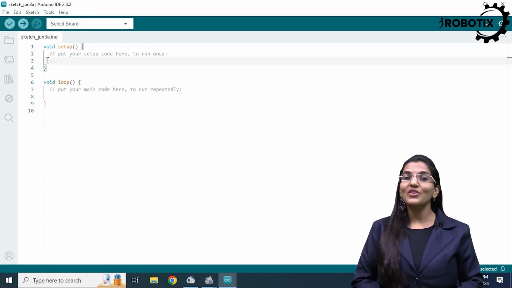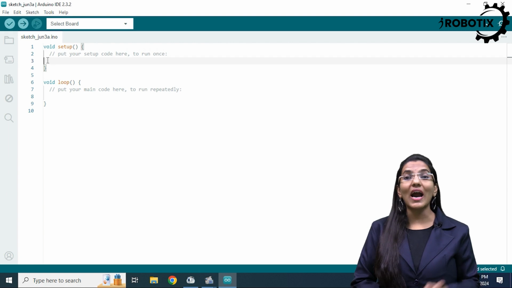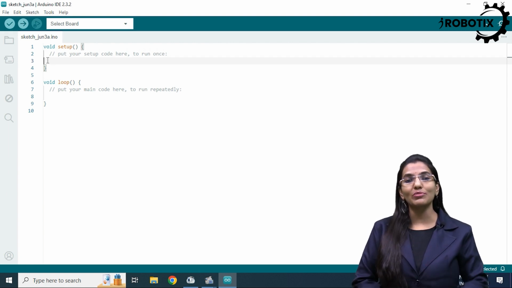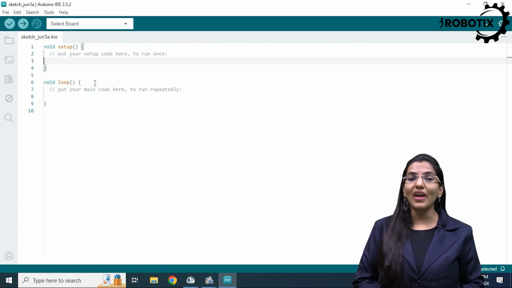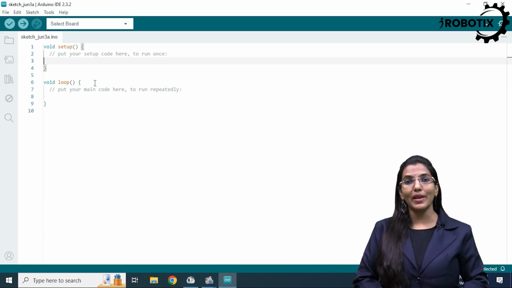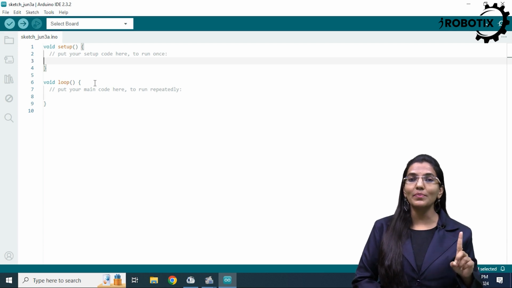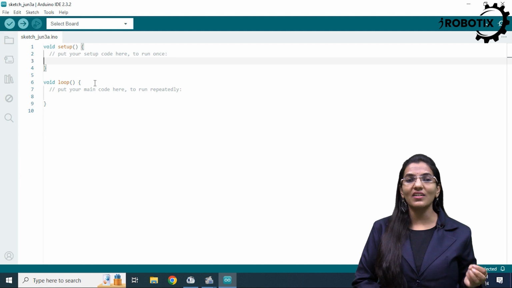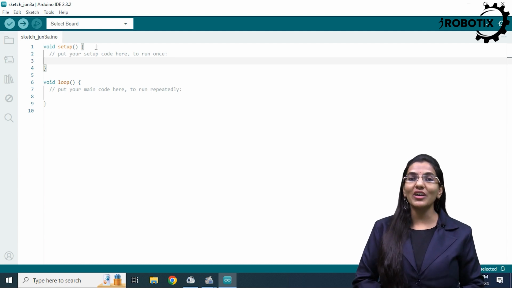So students, when you start your Arduino IDE, you will directly get a new empty program, as you can see here. In fact, the program is not really empty. It already contains two functions. What are they? Yes, void setup and void loop. If you don't know what functions are, don't worry. I'm going to cover that a little bit later in the course.